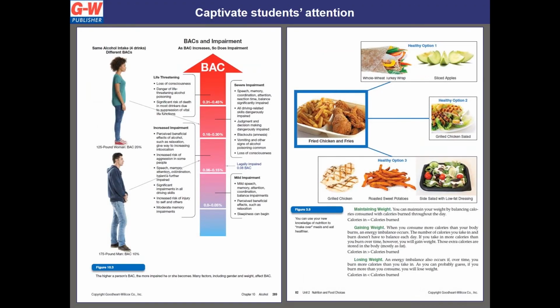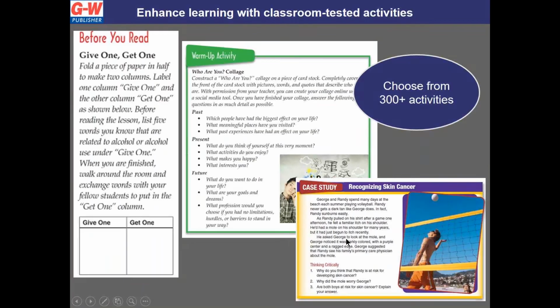We were very intentional about making sure it captivated the attention of young learners. This is written on a 9th grade reading level. You will see brightly colored images and infographics, and also you'll see the smaller paragraph size. So embedded within the pages of the book are over 300 activities for students to do, and I wanted to highlight some of these activities.